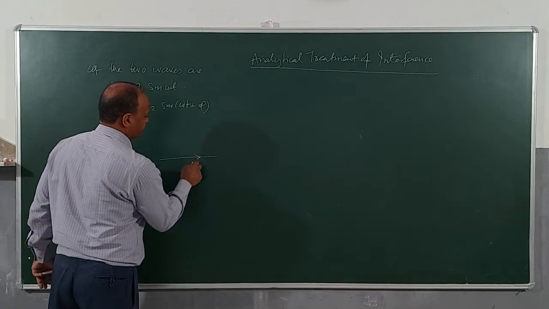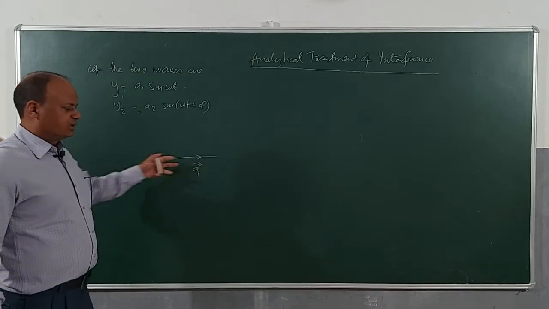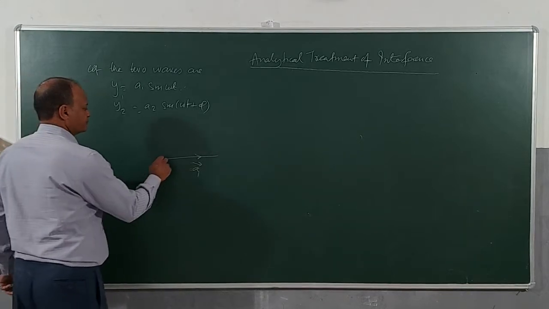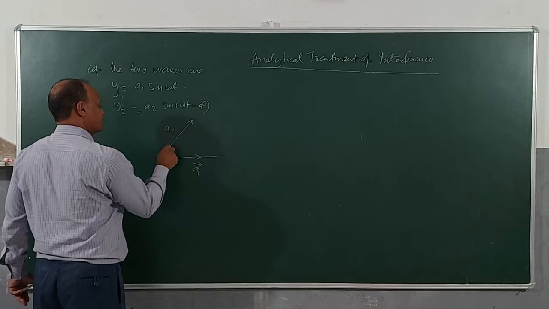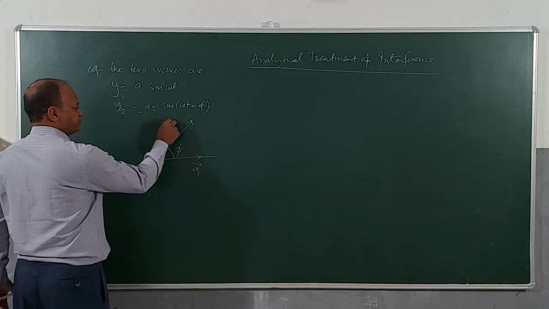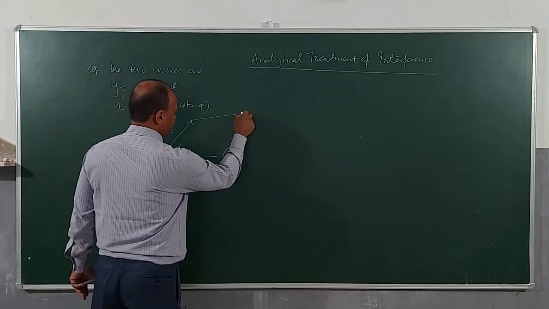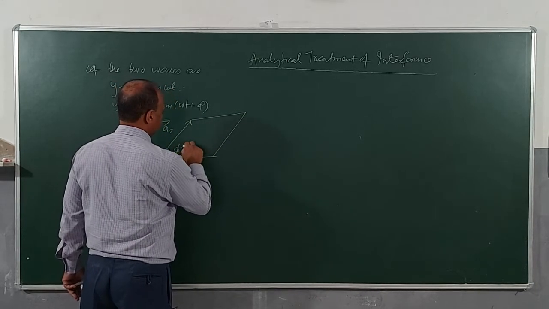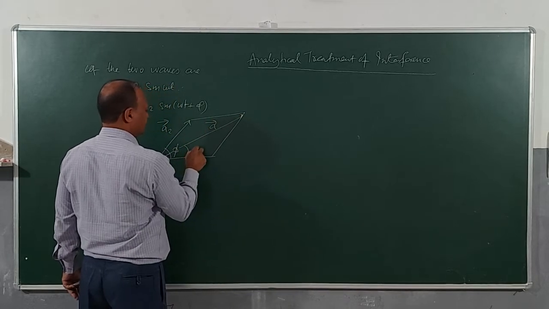We can use vector addition. The smaller amplitude A1, let us take as base, and then we draw A2 which is having greater phase, and the phase difference how much? Phi, right. If I use parallelogram law of addition, then this will be the net amplitude A at an angle theta with A1.